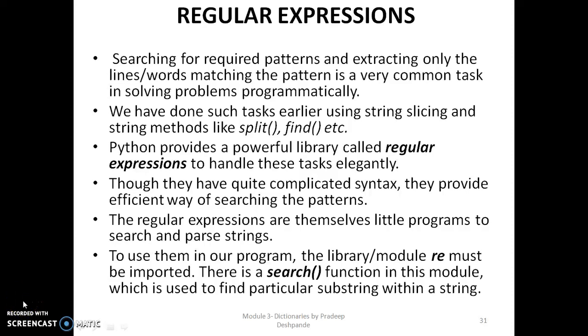Hello students. In this class we are going to discuss regular expressions. We have already seen in strings how to search for a substring in a main string. Regular expressions also help us find a substring or a pattern in the main string. Searching for a required pattern and extracting only the lines or words matching the pattern is a very common task